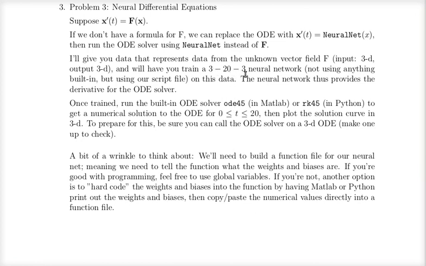This is very similar to doing the RBF prediction on the given data set. I just want to emphasize that the neural network only really needs to work with x, y, and z, but the differential equation solver wants t and x. So you could just use t as a dummy variable in your neural network function file. It can just be t, x, and then you don't have to use t in your function. But you do have to have a t in there because the solvers assume that t is going to be one of the arguments.